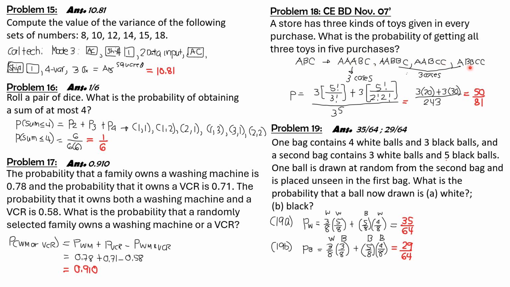Or for the 3 toys to be in your hand, there should be 2 toy A, 2 toy B, and 1 toy C. And there are again 3 cases here, and they are represented by these cases here. So that's it. You can have the 3 different toys by these situations. So remember that for the case probability, the number of favorable outcomes, there are 3 cases here, and the